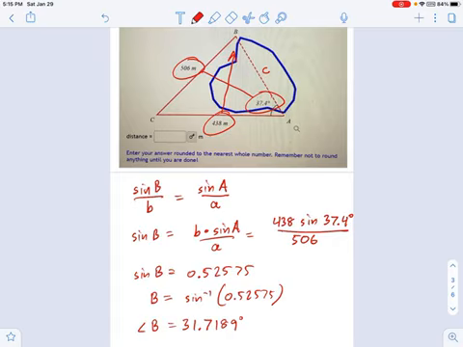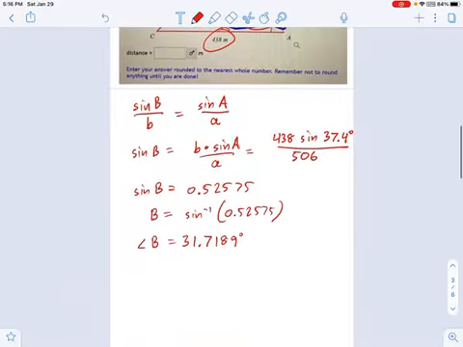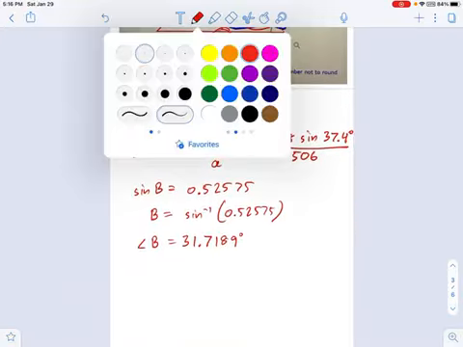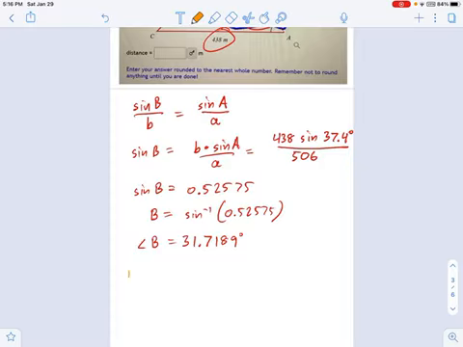Because now if you think about it, step back a little. What do we have? We have angle B. We were given angle A. When you have two angles, you can find the third angle, no problem. Okay, let's pull up a different color here. So this is going to be 180 degrees equals angle A plus angle B plus angle C. So that means I can simply say angle C, that's the last thing I don't know, is 180 degrees minus the other two angles.